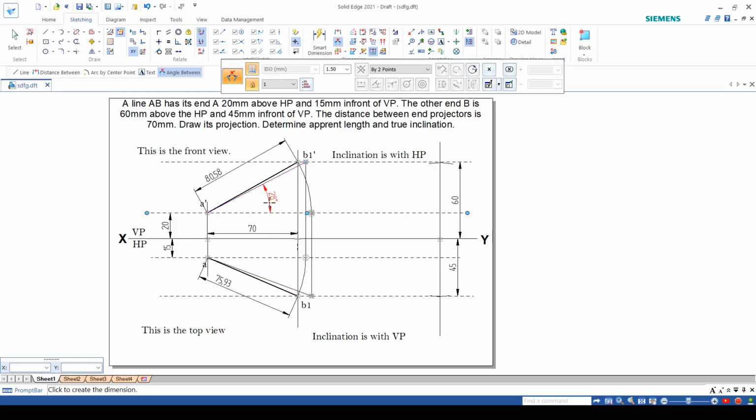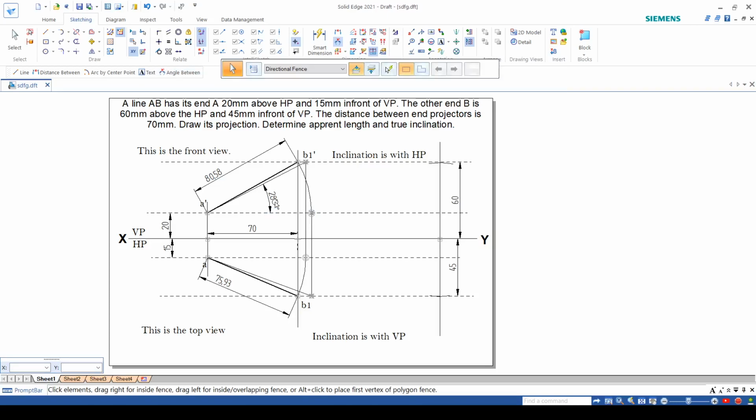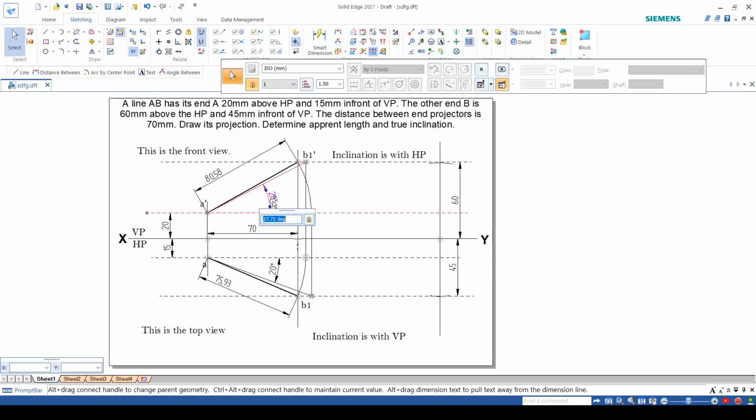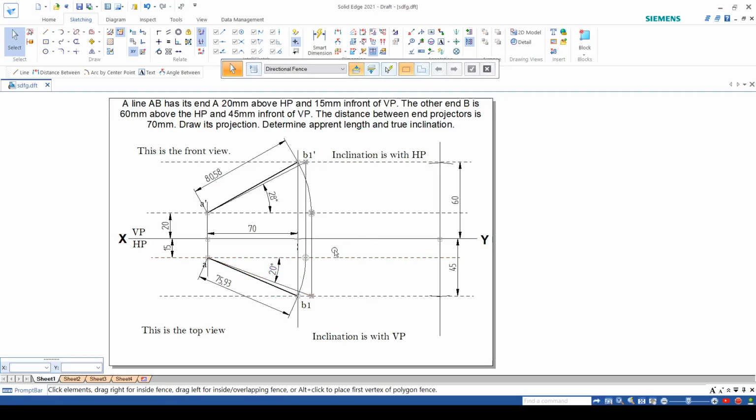So the first is 28, and the second one is 20. If we mark it with a protractor, it's something like 27.7, but it could be 27.5, looking closely at 27. So 27 is also correct and 28 is also correct. Here also it's nearly 20.5, so 20 is also correct and 19 is also correct. And this is the solution.